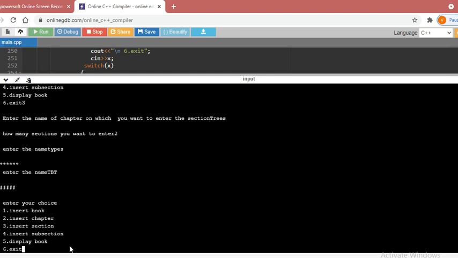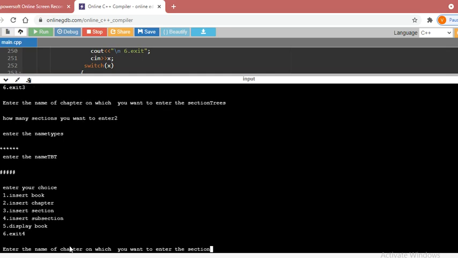Now if you want to enter a subsection, for example, I want to enter the subsection for the section named types. So I will give the choice as 4, and I want to enter the subsection under the trees chapter. Enter the name of the chapter: trees.